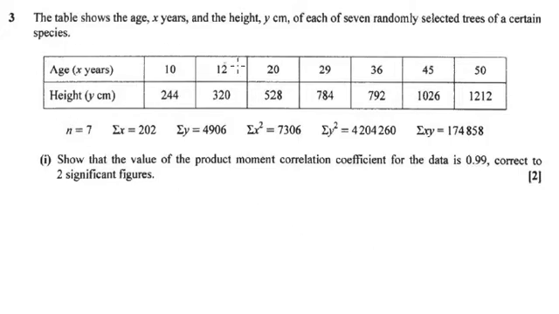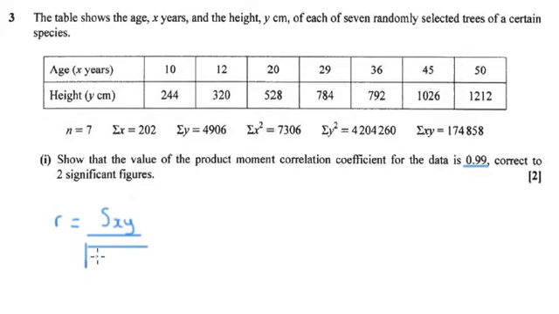Okay, question 3 is our PMCC question. We're trying to find out the value, or we're trying to show that the value of R is 0.99. I'm thinking they maybe ask you to show it rather than find it to stop you using the quick methods that we know on the calculator now. So we're going to have to work out the long way, the boring way,